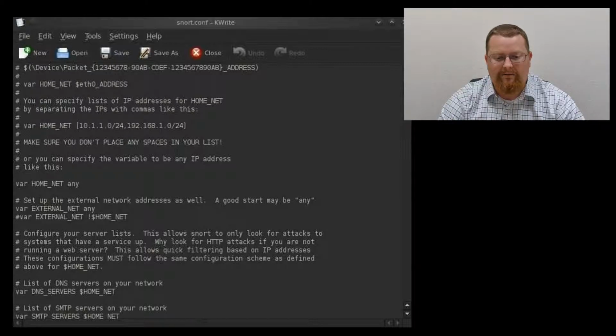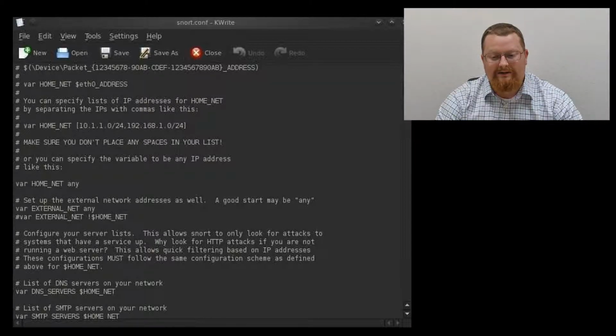We can define our home net as the IP address or subnet we are trying to protect. You see in the screenshot that it is set at any. This will work, but it is not optimal for detecting malicious activity. For this example, we should set the home net to our internal IP address, such as 192.168.1.1, or our internal subnet, such as